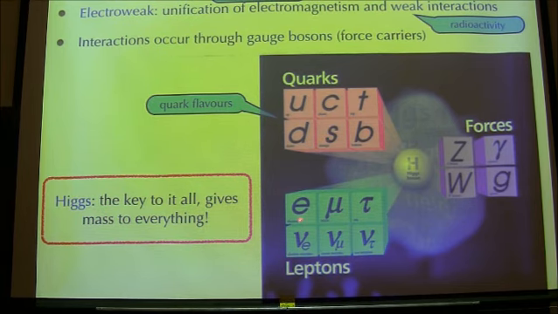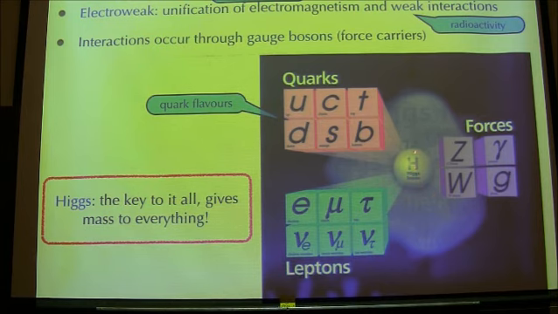We have the leptons. The electron and the electron neutrino would probably be the most familiar to you, but there are three copies of these to go with these three families of quarks: the mu and the mu neutrino, the tau and the tau neutrino. The force carriers: the Z and the W that carry the radioactive decay force, the weak force; the photon that carries electromagnetism; the gluon that carries the strong nuclear force; and here lurking in the background